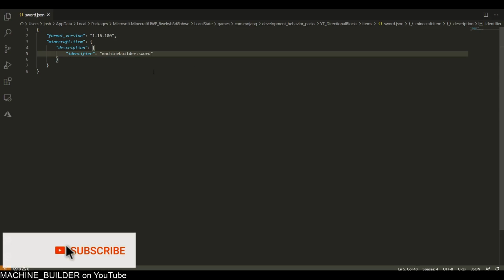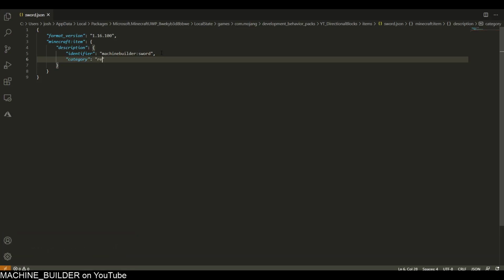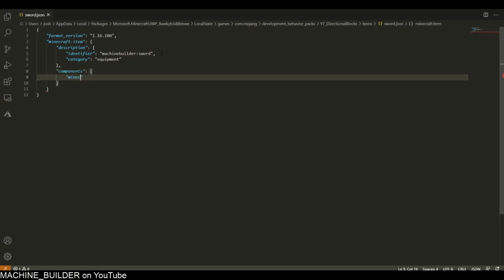I'm just going to call it Machine Builder Sword. This is a namespace followed by a colon followed by the name of the item. And then down here you can put a category, equipment, and then in components you have Minecraft max stack size,